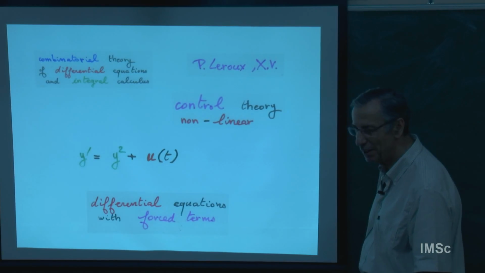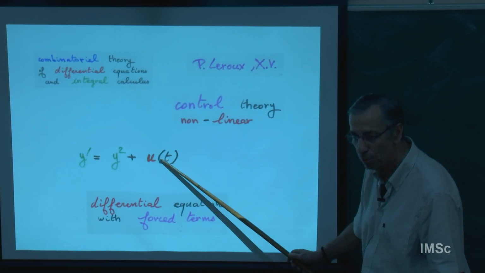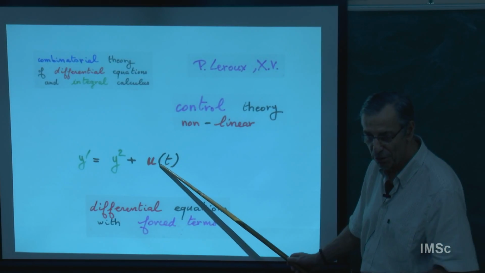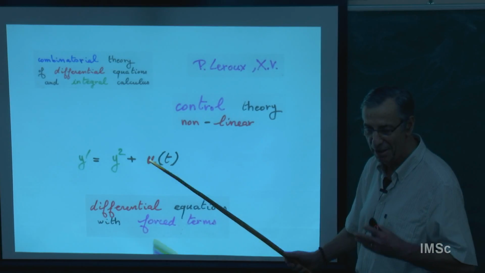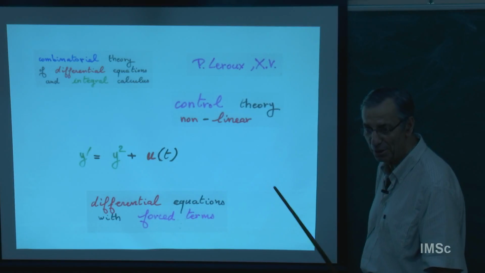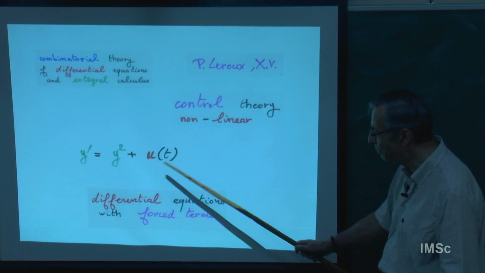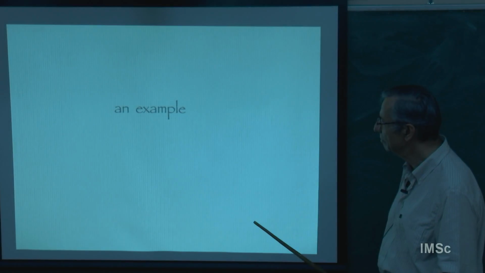And in fact, you remember tangent t, y prime equals y squared plus 1. In the combinatorial solution with species, with integration of species, is contained the solution with a u. I claim that you don't have to do more. You have inside your solution with species the solution for the u. So I give an example.